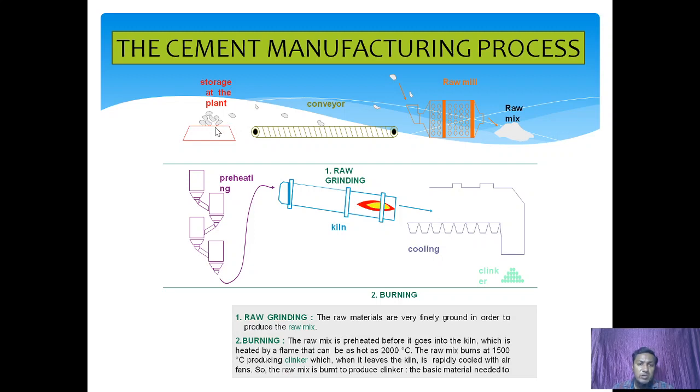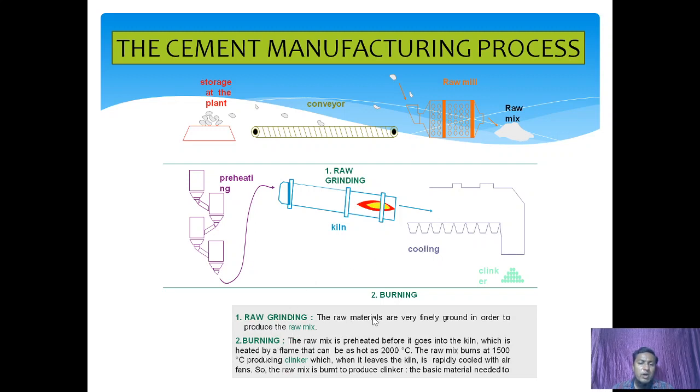The materials which are stored at the plant may be transported through a conveyor to the raw mill, as you are seeing in this diagram, and this raw mill makes the material, and the raw mix is then used for heating and for burning. In this diagram, as you are seeing,